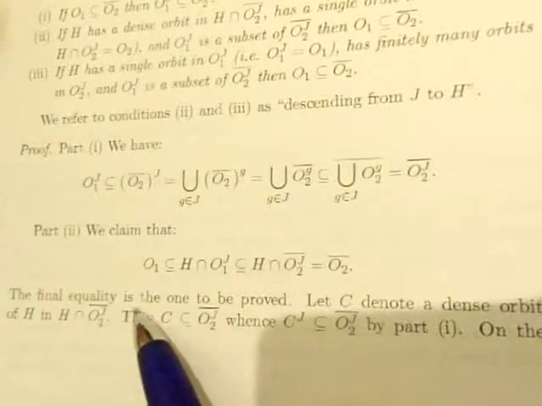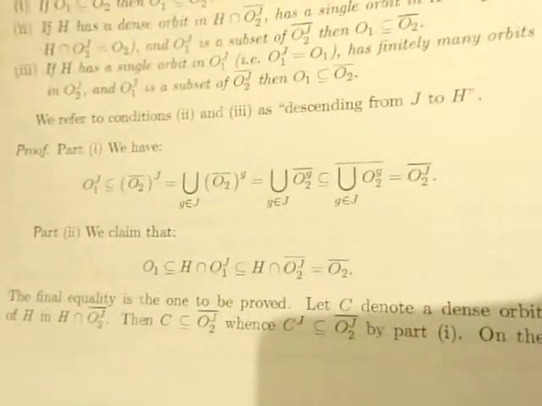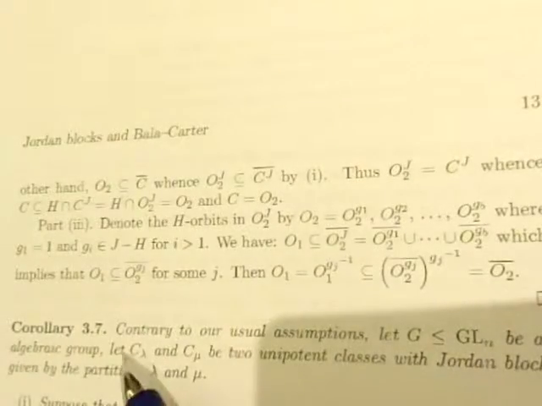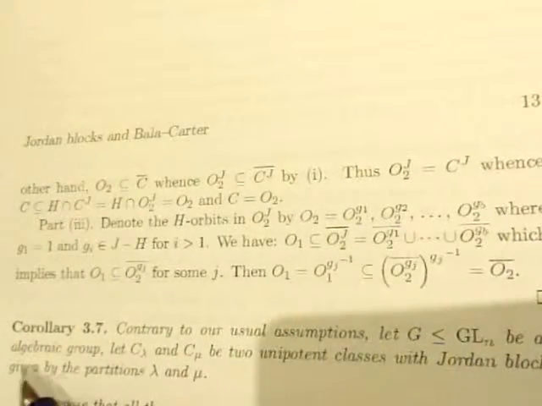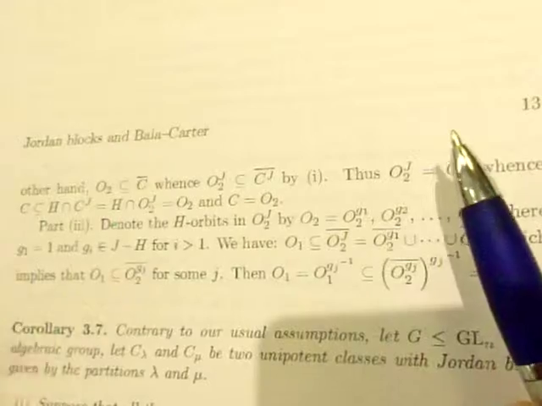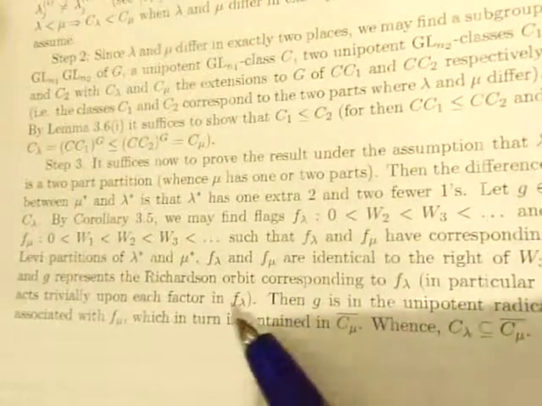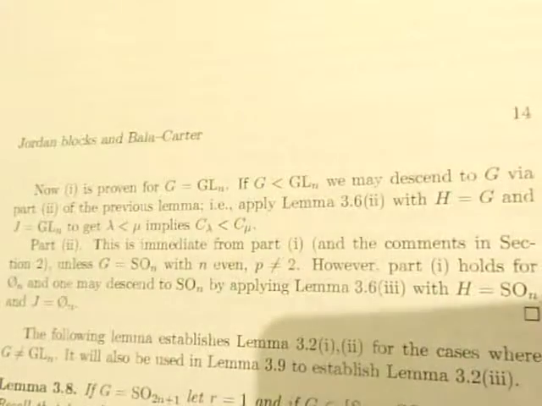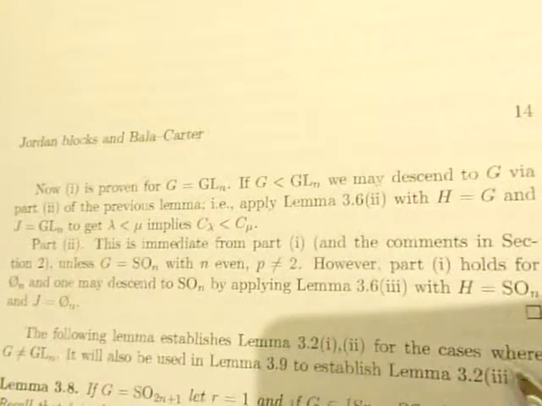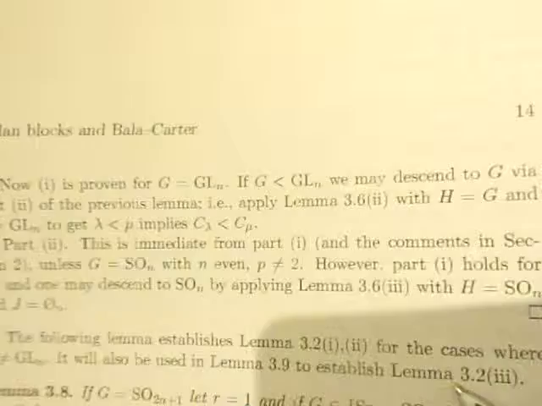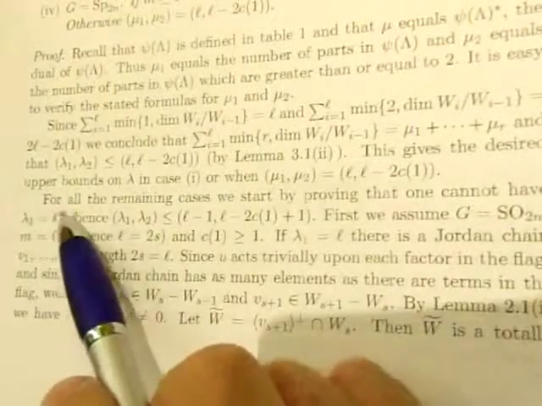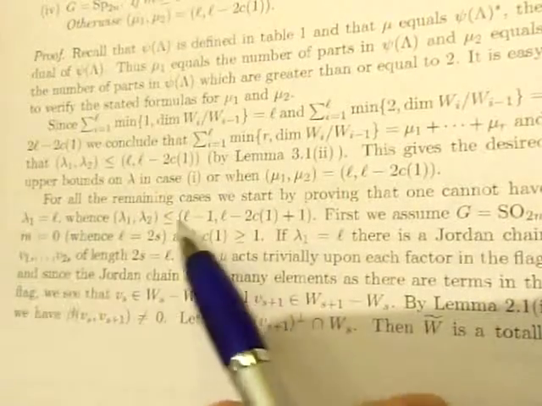This final equality is once proven; denote these objects. Contrary to the usual assumption with the group, Richardson corresponds to a partial algebraic factor. The following lemma summarizes the case, which is also the lemma. For the remaining case, proof one,